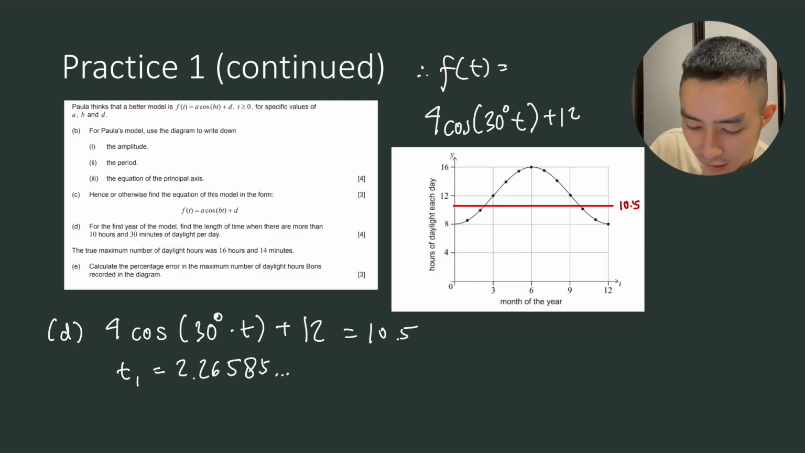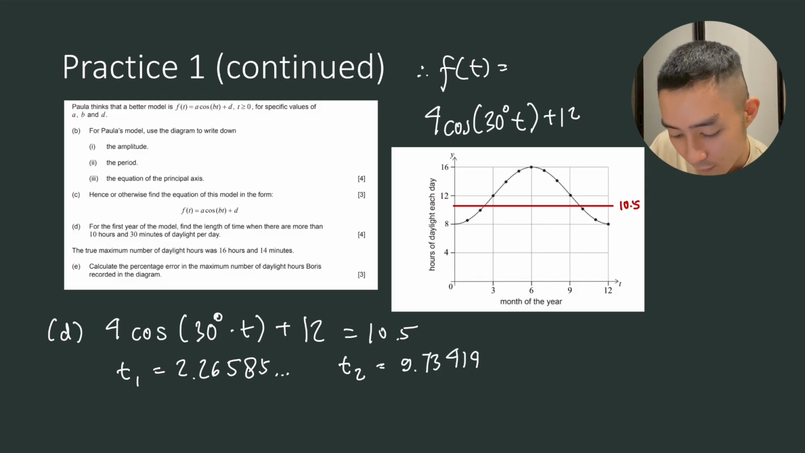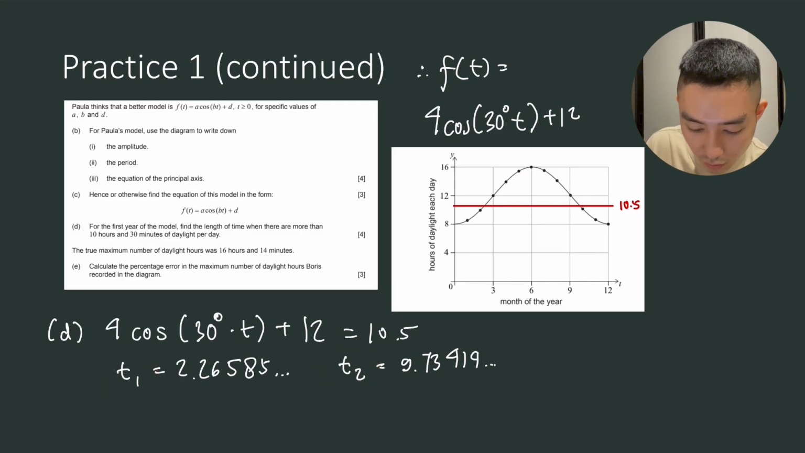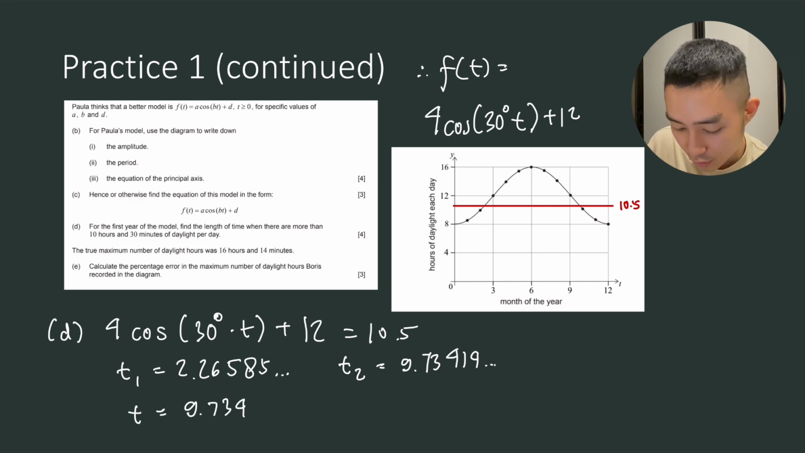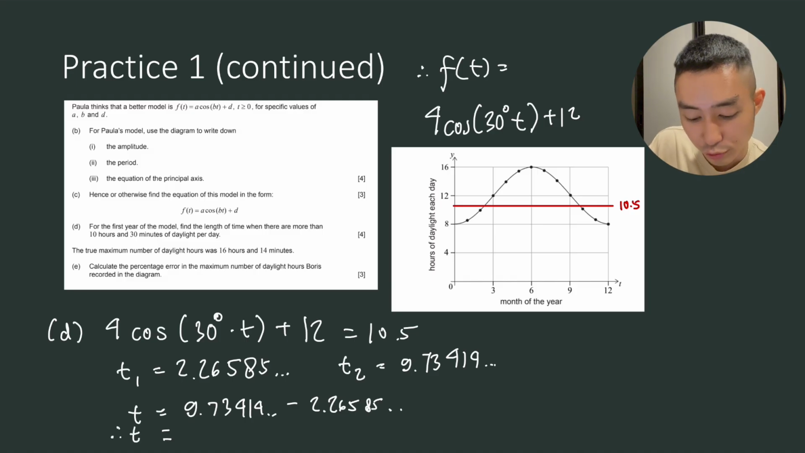You'll get that T1 is 2.26585... And if you second guess that with a value nearby 9, you can get that T2 is at 9.73414... Because you want to find the duration here, you can subtract T2 with T1. So the length of time is 9.73414... subtracted by 2.26585... And the final answer, rounding that to 3 SF, is